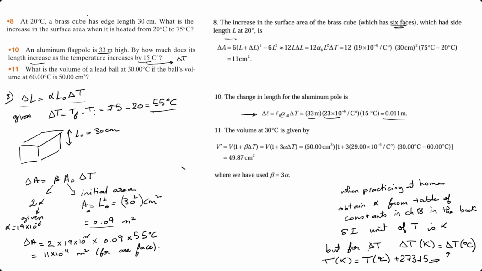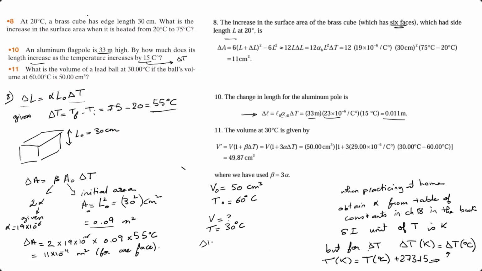And number 11, what is the volume of a lead ball at 30 degrees Celsius if the ball's volume at 60 is 50 centimeters cubed? So I have V0 is 50 centimeters cubed when the temperature was 60. We want the volume when the temperature is 30. So initially what's given to me, I took it to be the initial volume and temperature, even if it's not, I'm just assuming, because these are the quantities I know,